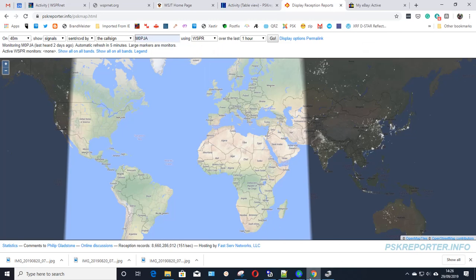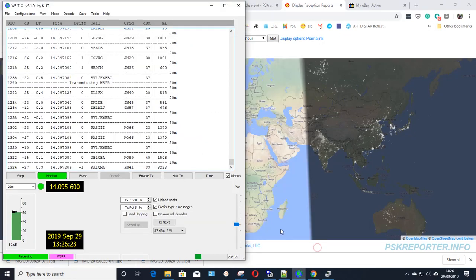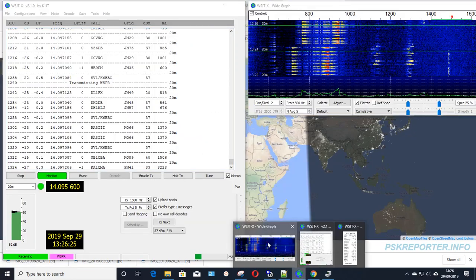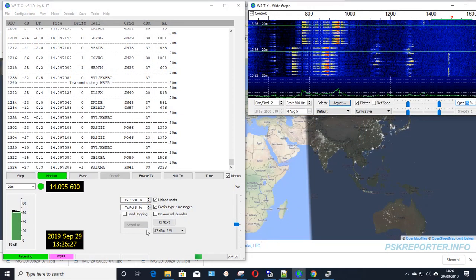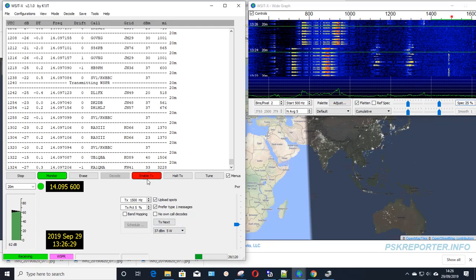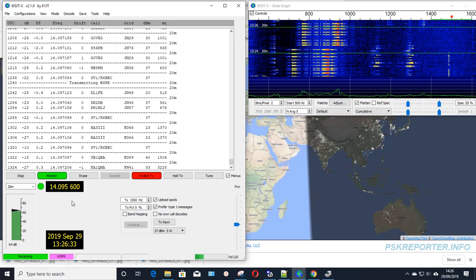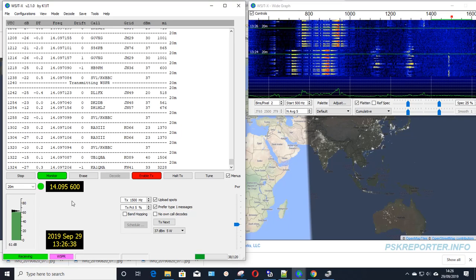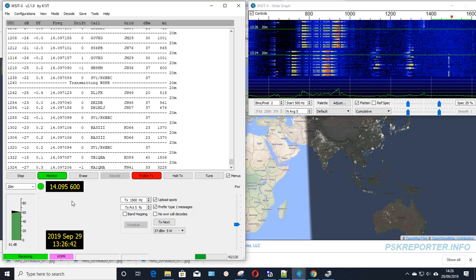Well, we'll just go back to WSPR finally, and let's bring up the waterfall as well so you can see that, and I'll just enable TX. Now it won't transmit straight away, it'll wait for the next time period to come down, and then it will start transmitting. And this interface will change depending on which of the modes you're running in, but it's a really nice piece of software, and